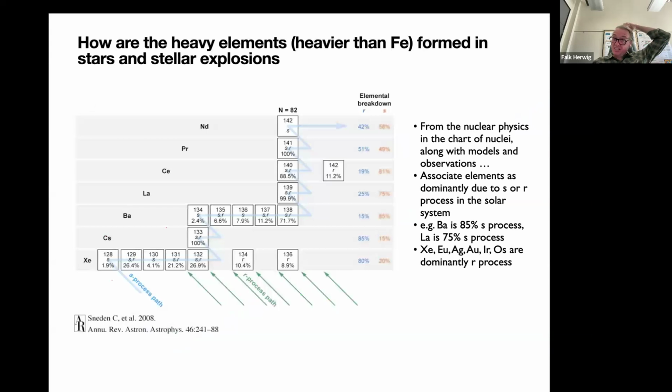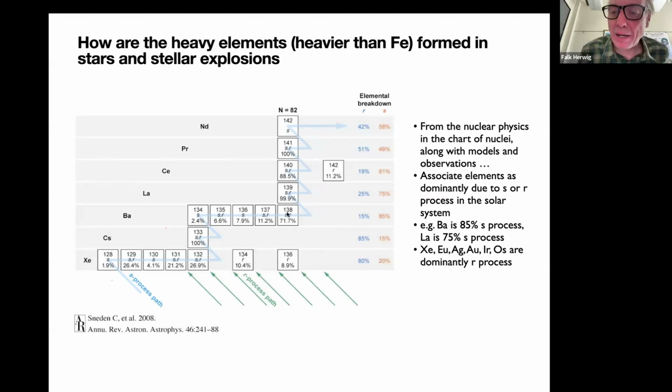Okay, so we can use this concept of two neutron capture processes, R and S, by deconstructing the solar system abundance into elements that are dominantly produced by the S process and those that are dominantly produced by the R process. And the reason is that this R process decay coming from way out here is somehow shielding, for example, xenon 136. If there is an R process contribution, all of the species on the isobar 136 will remain here, and barium 136 is an element that can only be made by the S process. It's shielded. Okay, so we can have individual isotopes here that we can label as S only, as R only,